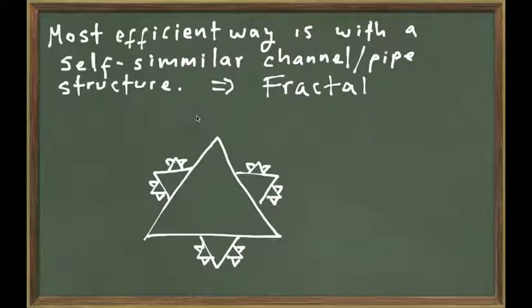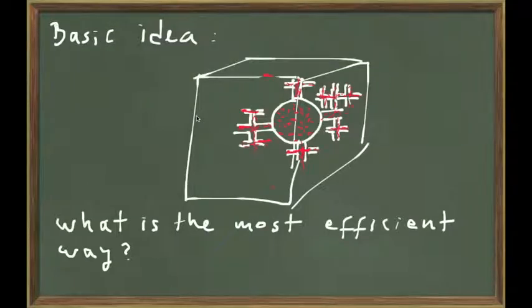So these guys figured out that the best way to deliver the nutrients, the most efficient way, was with a fractal structure that starts with a big channel. The nutrients are carried in these big channels, and then that splits into smaller channels at specific ratios, and then that channel splits into another, and then into another, and into another, and the most efficient solution to the problem